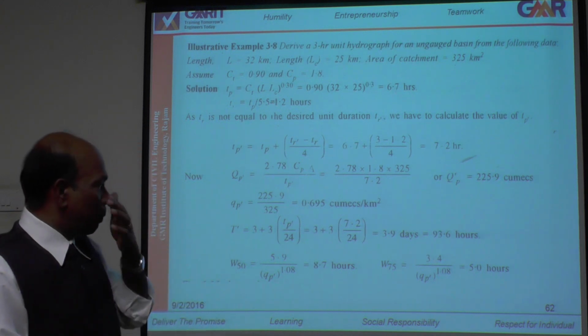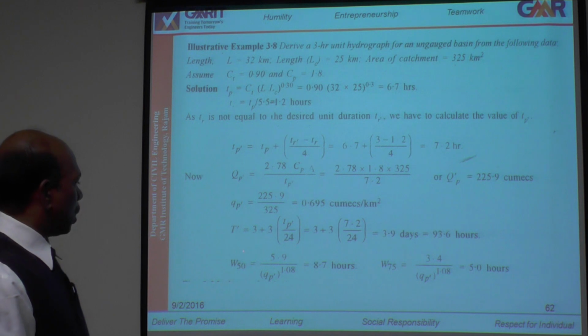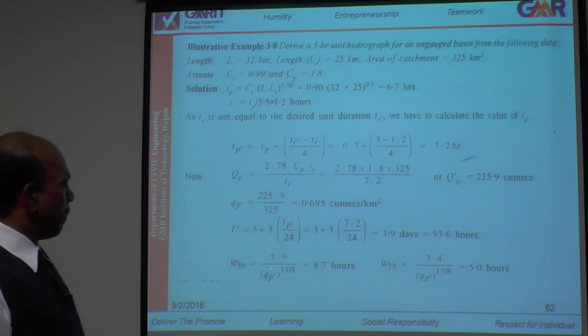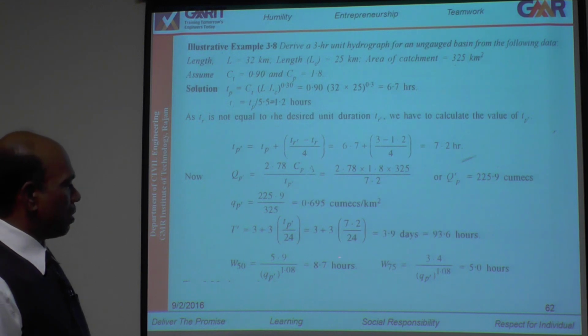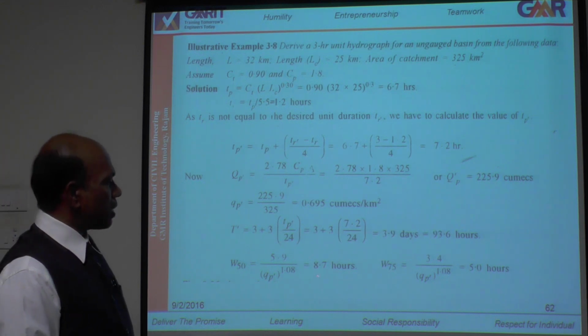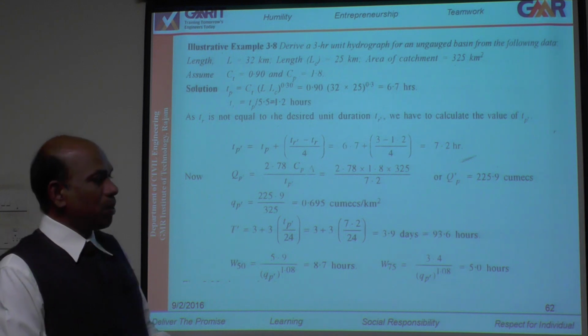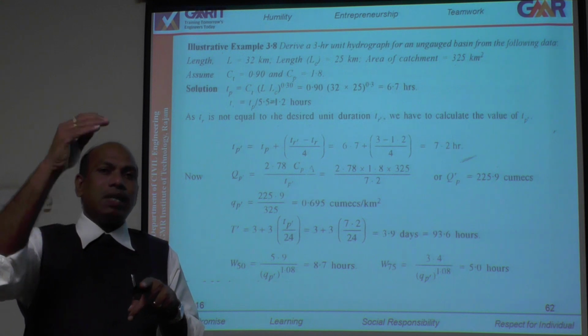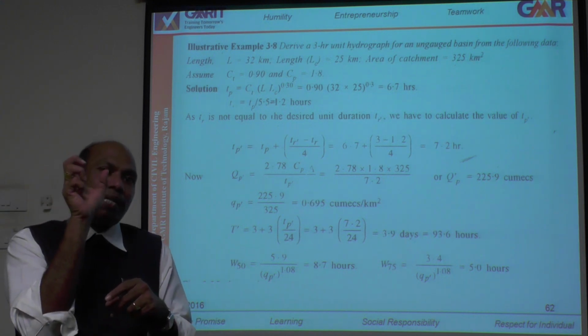Right, for that purpose, we calculated here W50, that is the width of the hydrograph at 50% height from the base, equal to 5.9 divided by the discharge per unit area power 1.08. This is 8.7 hours. 50% width, 8.7 hours, so the 75% width should be less. The graph gradually decreases, so at 75% height from the base, the width should be less as compared with